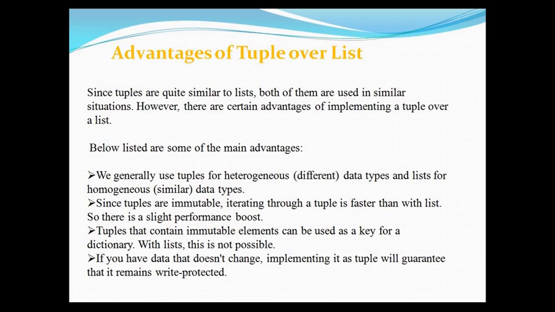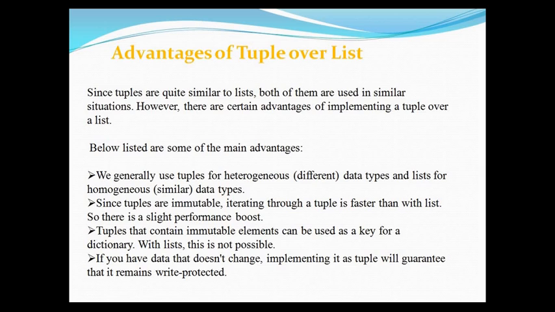In general, constant values can be maintained with tuples. Tuples can be executed faster than lists. Tuples can also act as keys in a dictionary, whereas this is not allowed for lists. In dictionaries, as we have discussed, keys and values are used. So tuples can be used as keys, but lists can't be used for that.